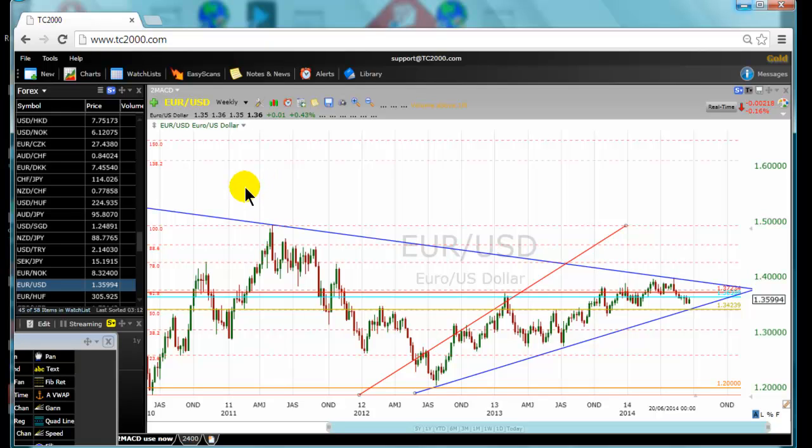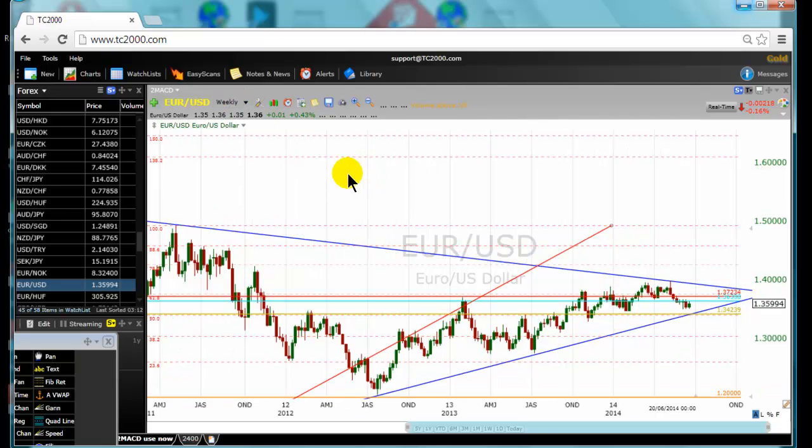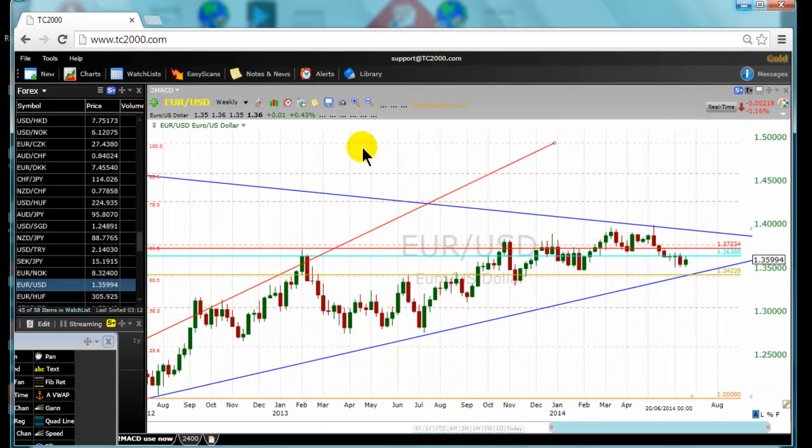A few weeks ago, the ECB, the European Central Bank, cut the interest rate from 0.5 down to 0.15. This is a devaluation of the euro currency. So if the euro is devaluing, the Euro USD in normal conditions should be going down. That's the theory. But if you look here, we're on a weekly chart, we can see that after the devaluation,